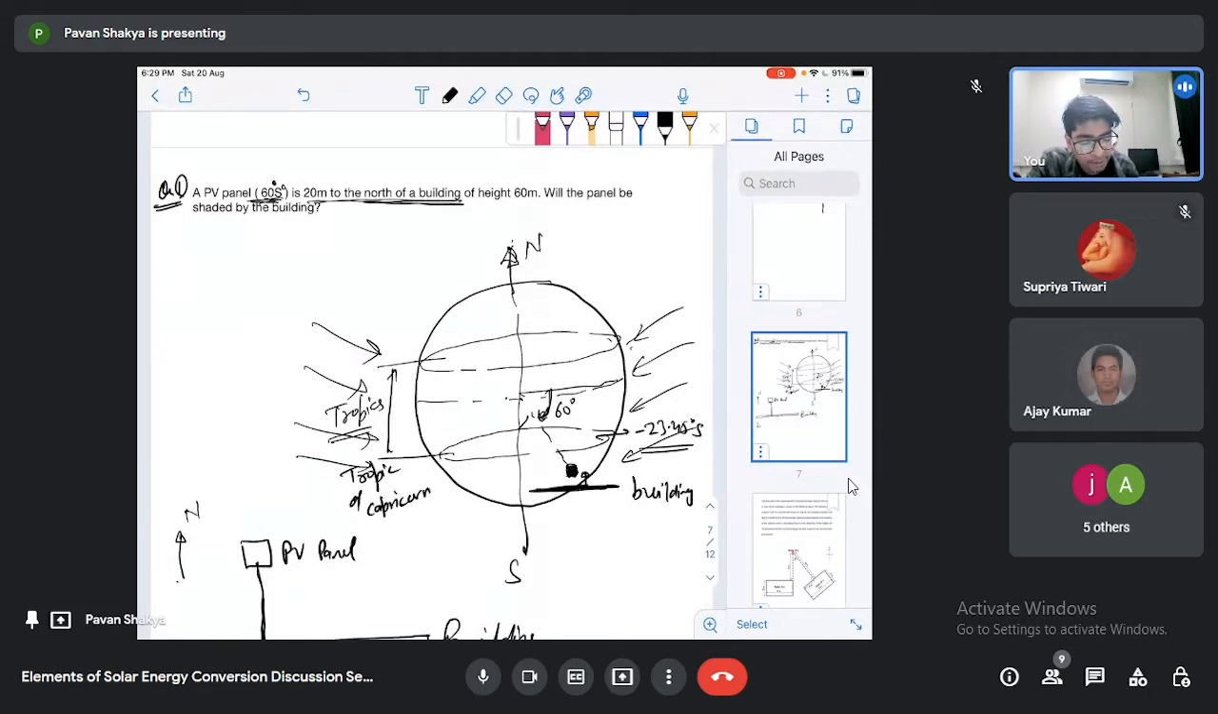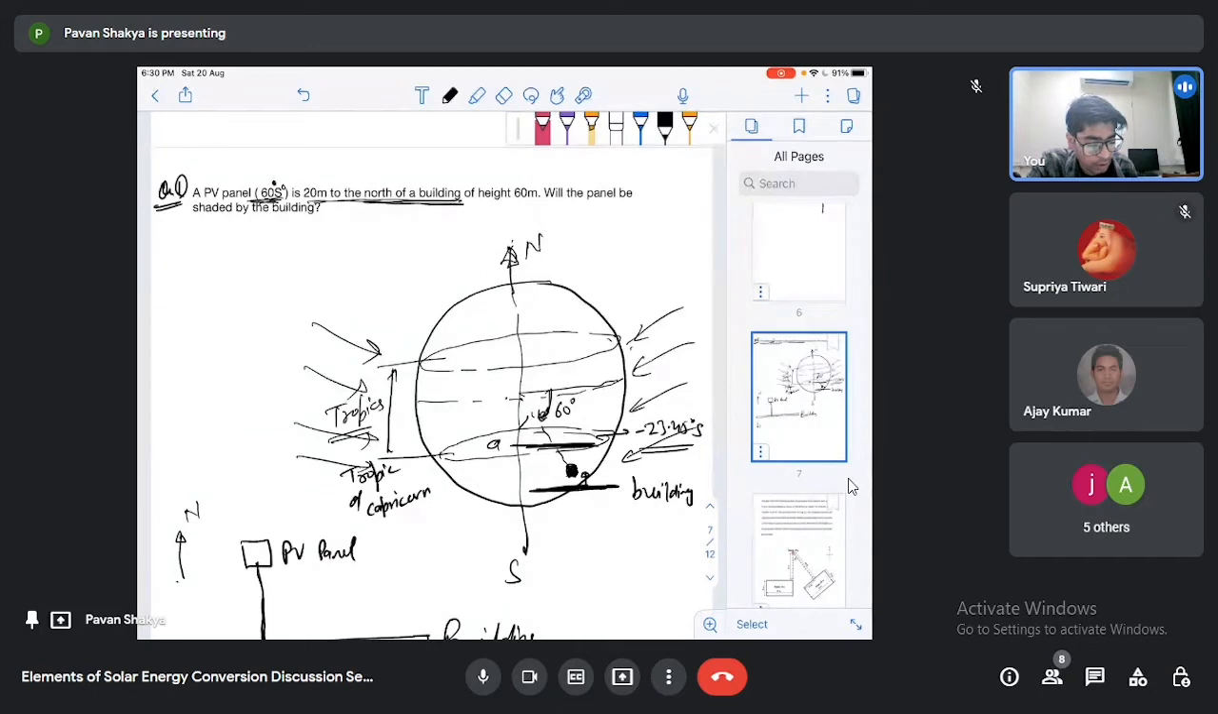Now if I put the building above this, then this PV panel will be in the south direction of this building. Is it clear? If I draw the building above this PV panel in this position, suppose A, then you will find that in this situation